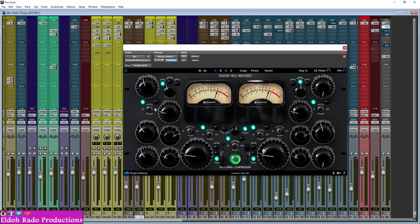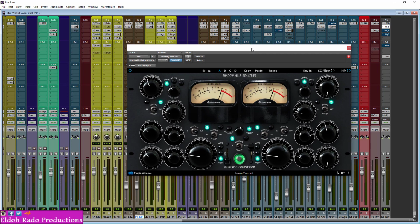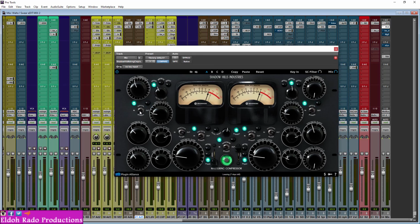And what sometimes I tend to do is not to use the optical compressor part of it and just use the discrete part of this particular plugin, because this plugin has been built with a lot of tubes in it, among other things, to make it a great mastering compressor, but it's also good for mixing application, and this plugin is also good on other things. So with the optical compressor off, it's basically have